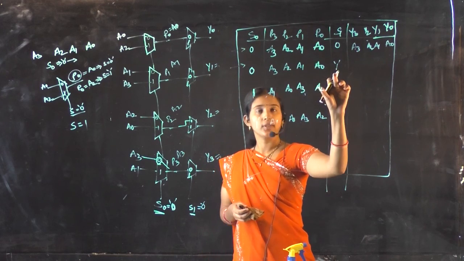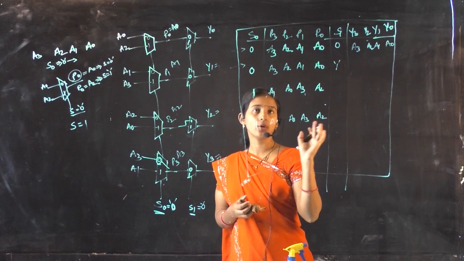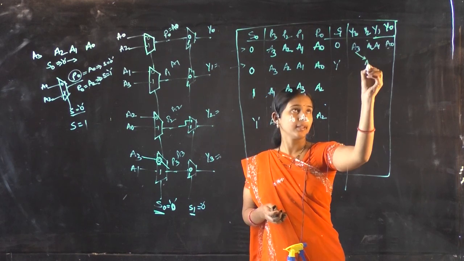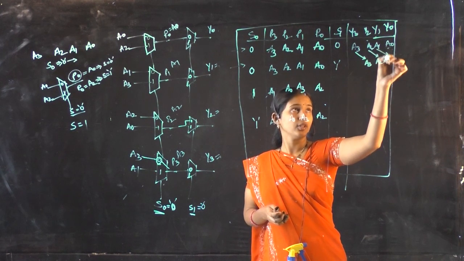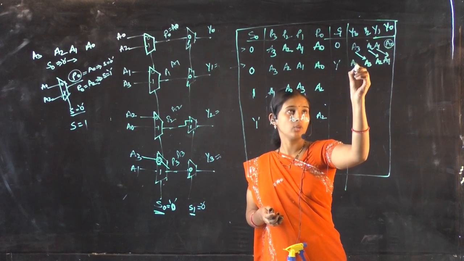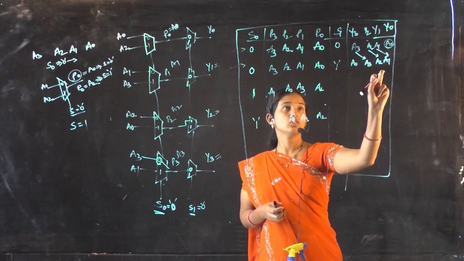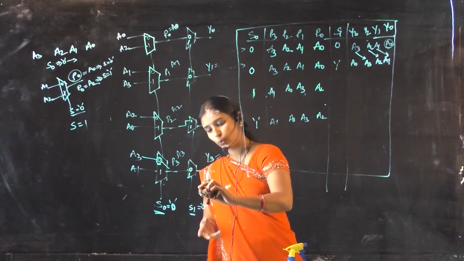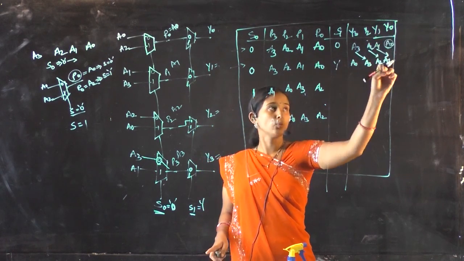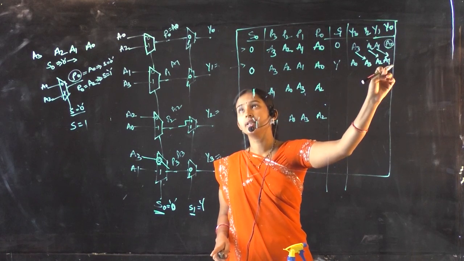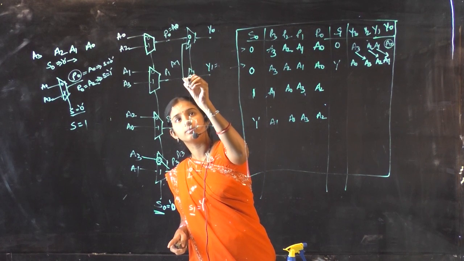If the selection line is equivalent to 1, I want a 1 right shift. This is all about the right shift. A3, A2, A1, and here you will be getting your A0. All the bits are moving 1 bit right, so this is your 1 shift. So if my selection line is equivalent to 1, what should be my output at Y0? Y0 output should be A1.